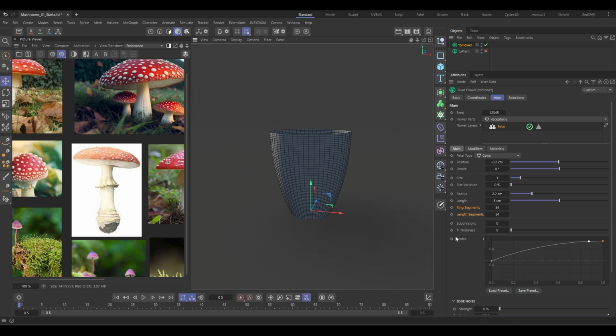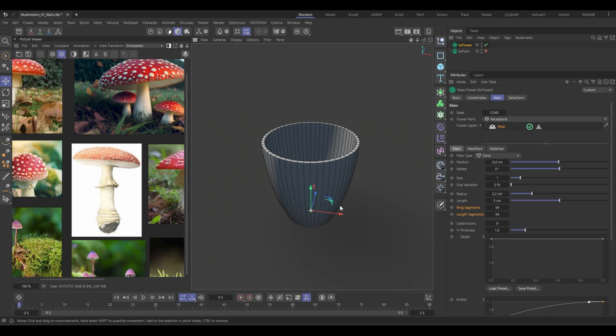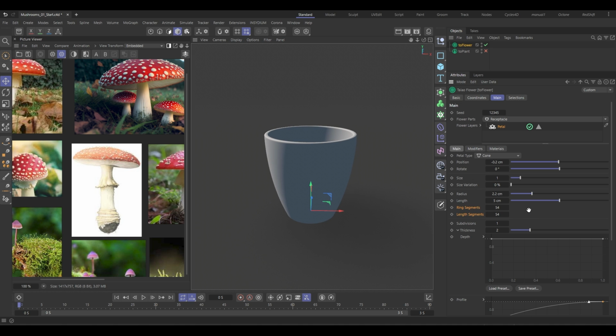Okay, now we want some thickness. I've pulled out the furling for the depth, but we might not need to adjust that. But let's just add some thickness here, which you can see creates some depth into the model, so it's not a thin sheet. Let's just stick with 2, and we'll put a single subdivision on as well. Okay, let's turn off our wireframe. Alright, now we can go into